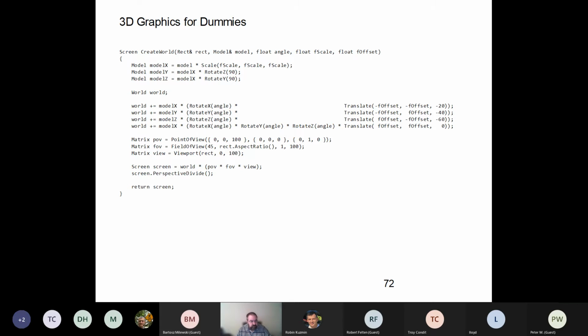I take my model X, I rotate it again, and once it's rotated, then I shift it into the minus minus quadrant. I take the model Y, I rotate that the same angle, but remember I'd already rotated up here too. I transform this into the minus plus quadrant. Oh, I also push this one back 20, this one back 40, this one back 60. Do the same thing, Z